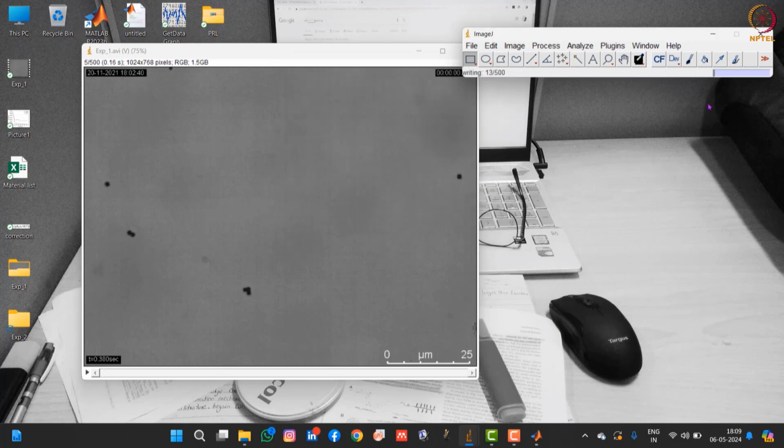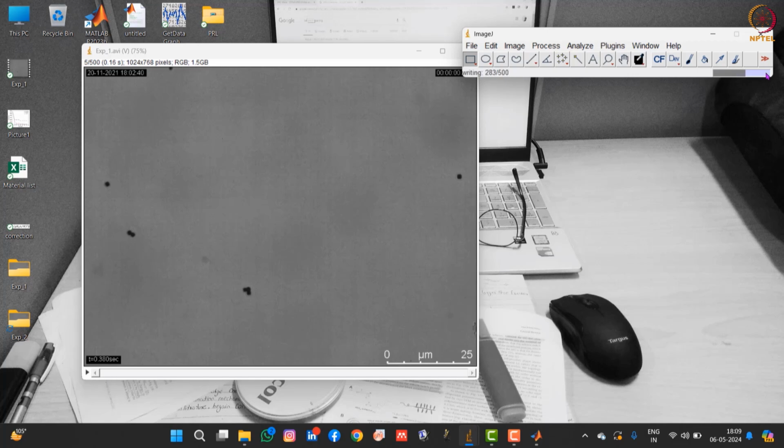Now you can see this is showing the continuous progress. When this bar is full, it means your video has been converted into an image sequence. Now let's wait for this. After this, I'll show you how to do the tracking analysis. This is almost about to complete.